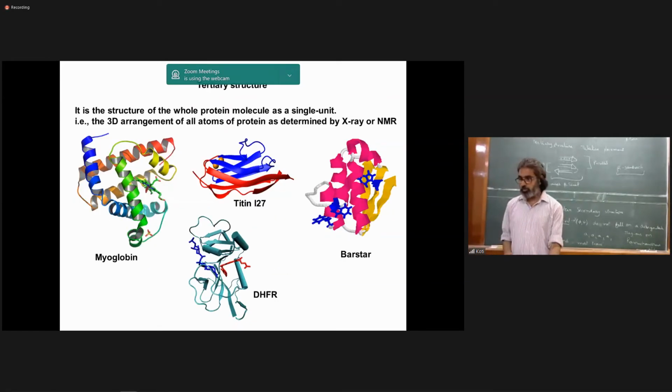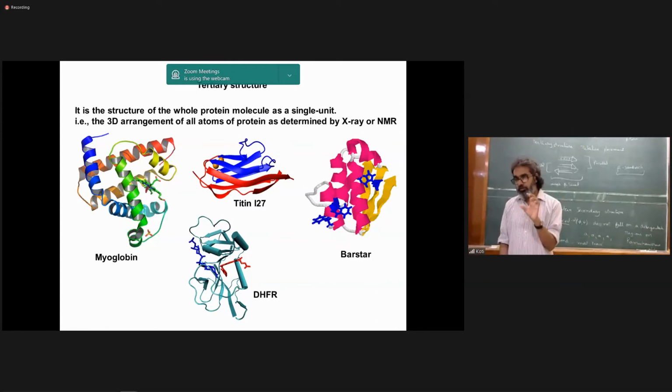So tertiary structure is unique between proteins. It's not that there are rules for how a helix should pack with a strand, or how two helices should be placed with respect to each other. So this is actually protein context. Every protein has a unique orientation. This we call a protein structure.